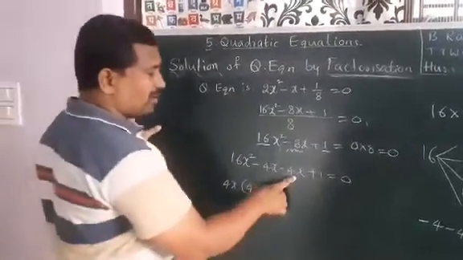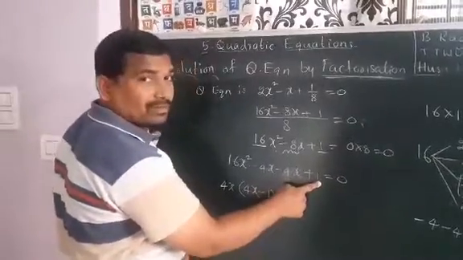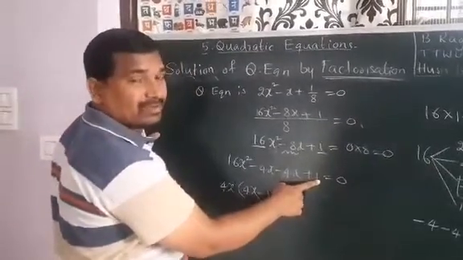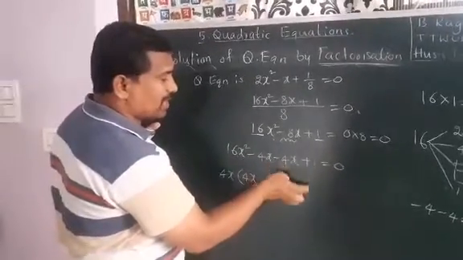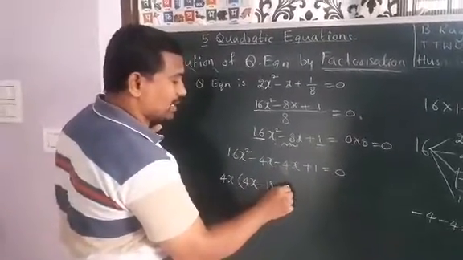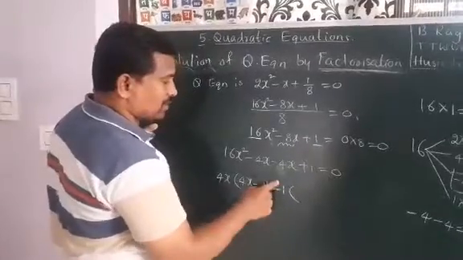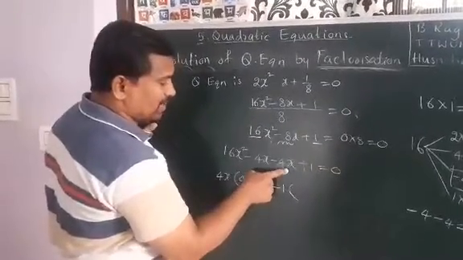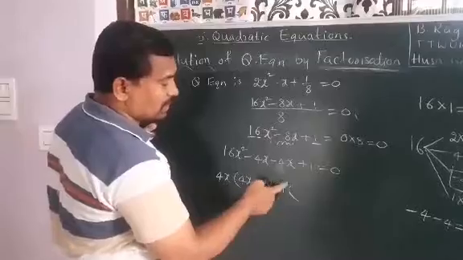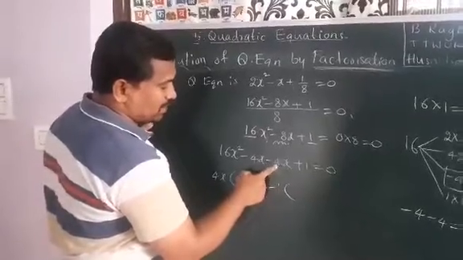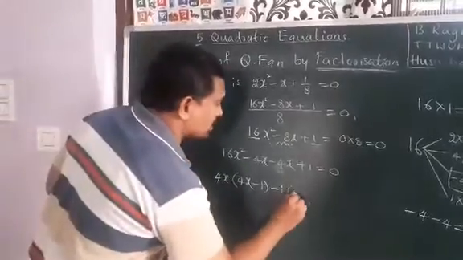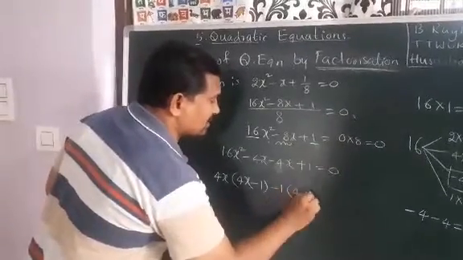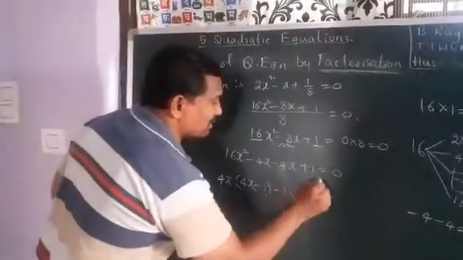Now here, minus 4x plus 1. Here 1 is there, which means only 1 is the common factor. I said here minus, here plus, so take minus 1 common. By taking minus 1 common, 1 is a factor of every term. So taking minus 1 common, this minus 4x becomes plus 4x. Symbols will change. Plus becomes minus. 1 ones are 1.